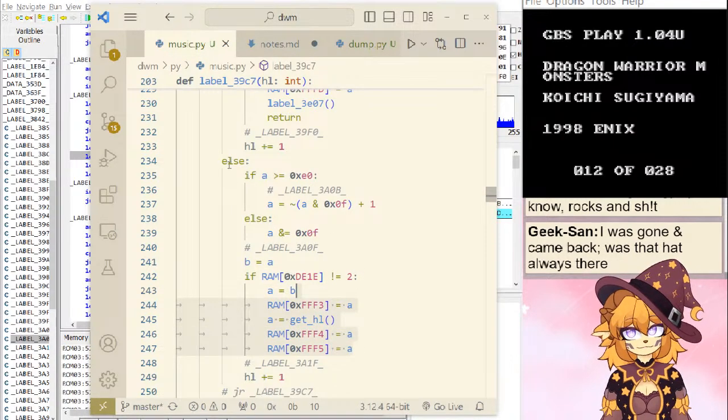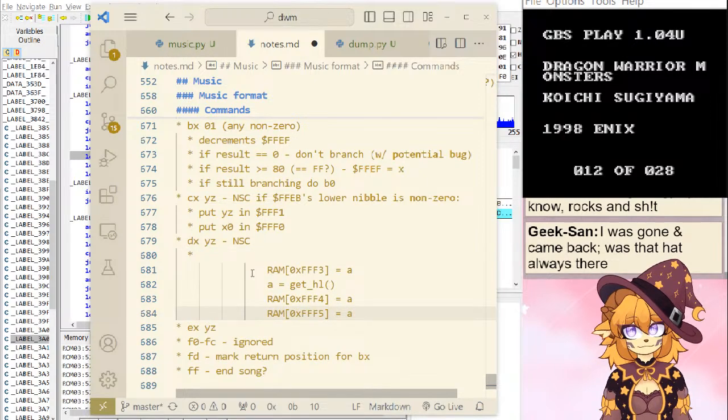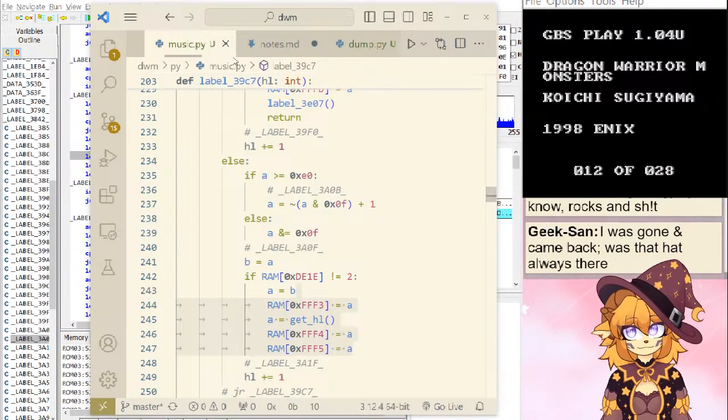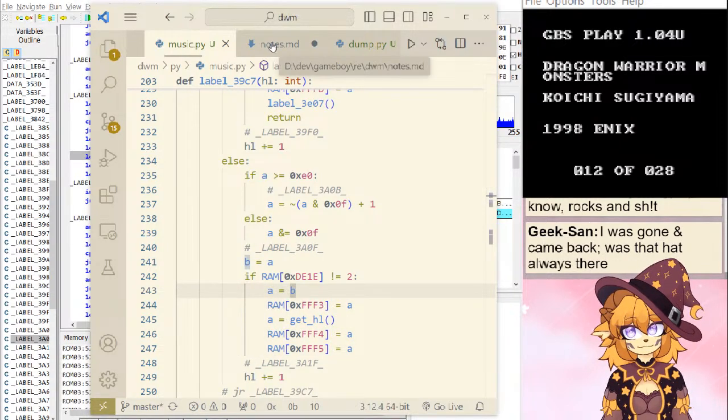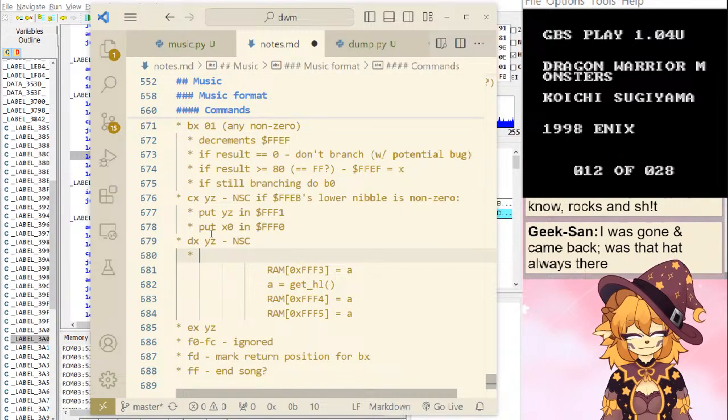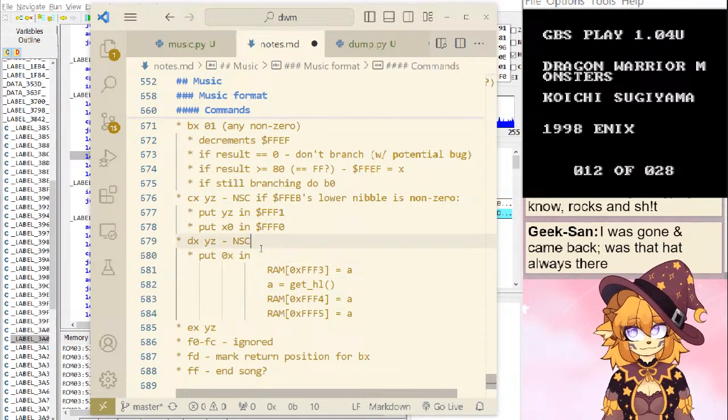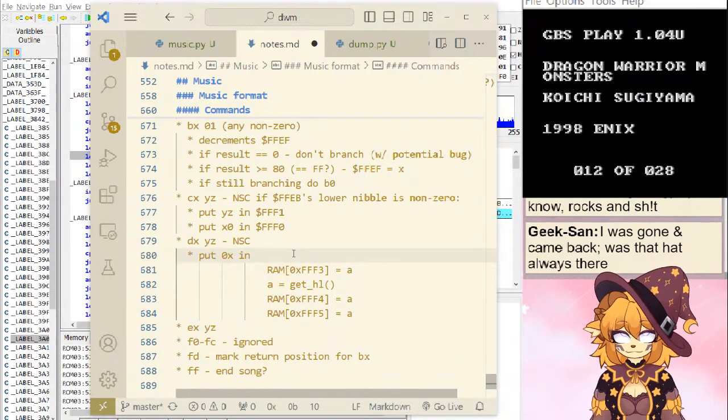Let's see. A is a command. Okay, so lower X in, put 0X in F3.